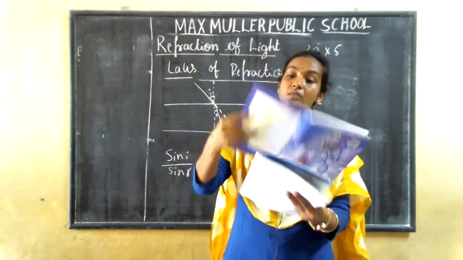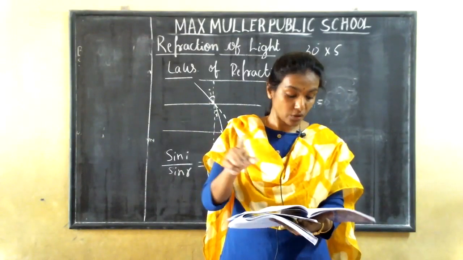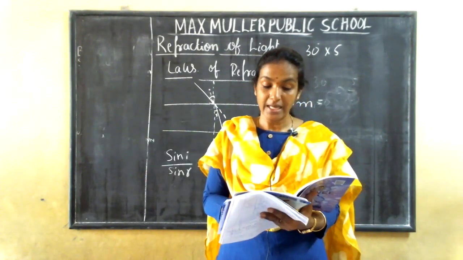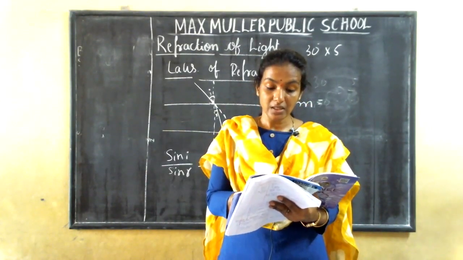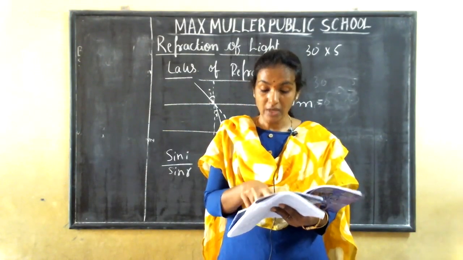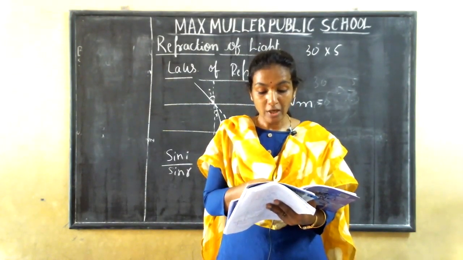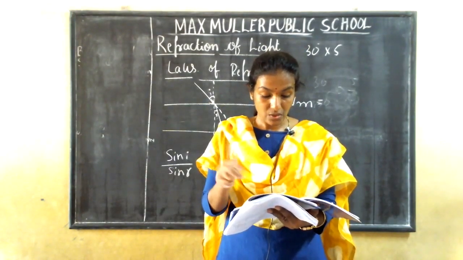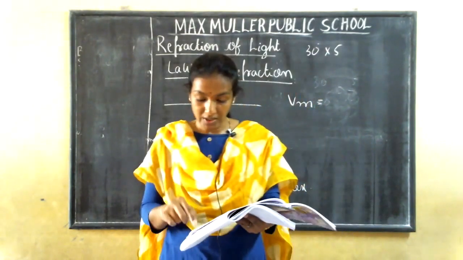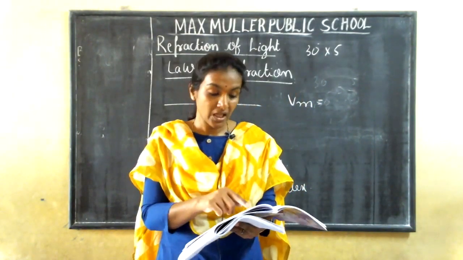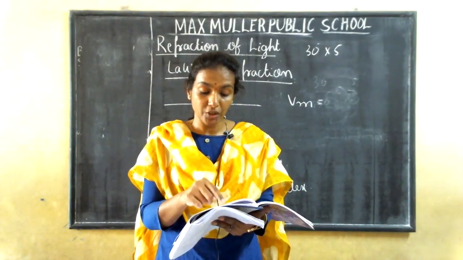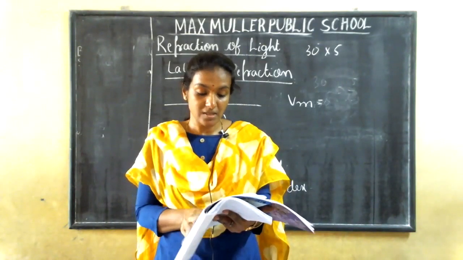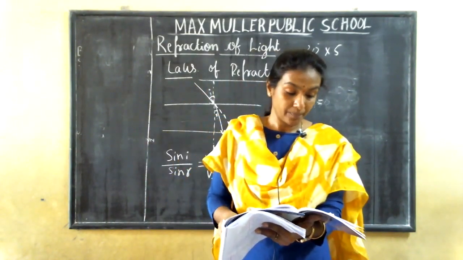These are some calculations for how you are going to find the angles between the incident and the refracted ray. Nm is the ratio of the speed of light in air, which is taken as C, to the speed of light in a medium, which is taken as V, that is C by V. In your textbook you have one table on page number 85: what are the materials and media and what are their refractive indices. These are all constants. So this is the absolute refractive index of some materials and media.